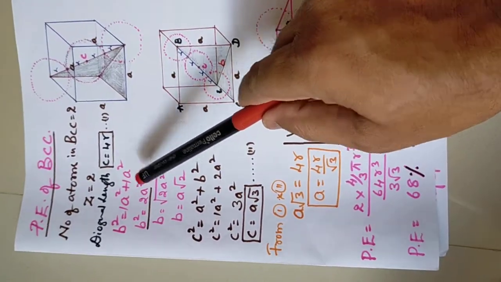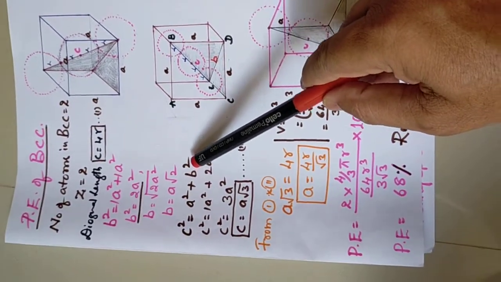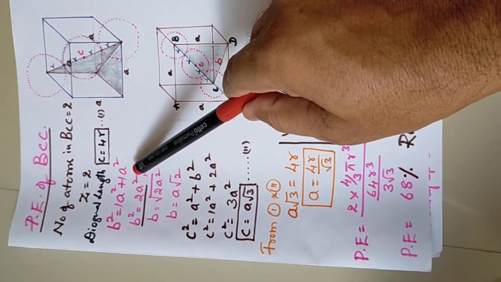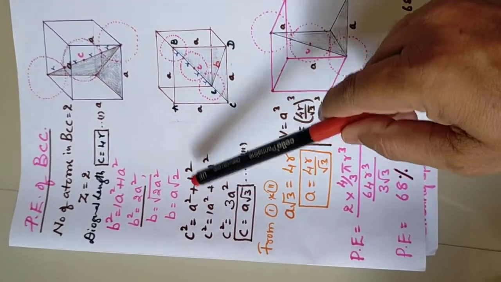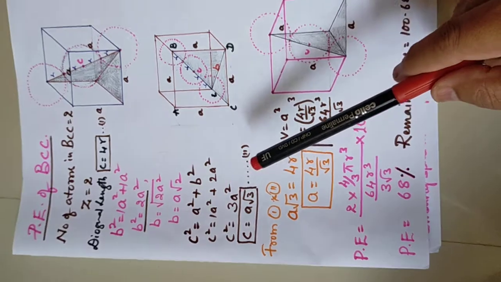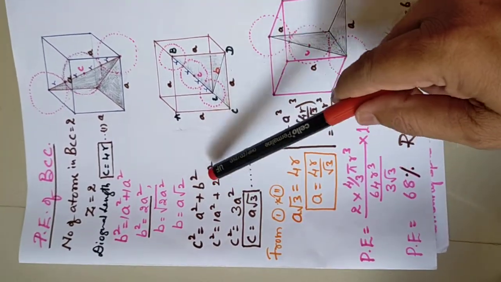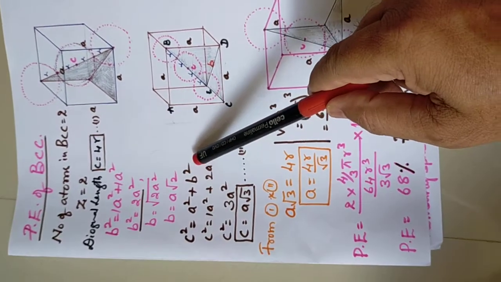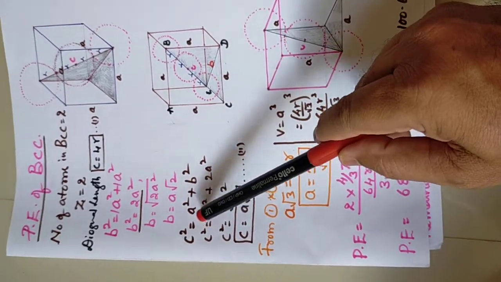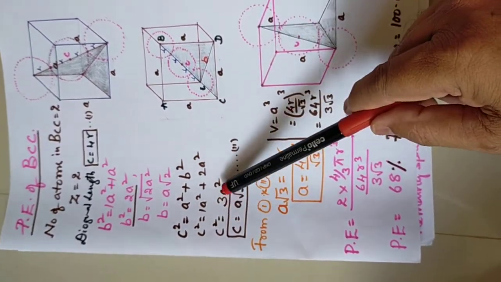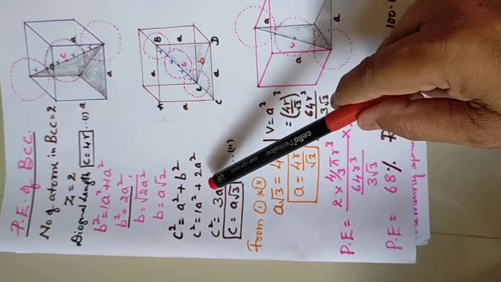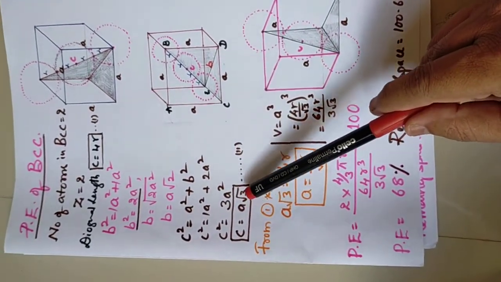First we need the b square, because here we have the values of the b square, and you get the simple form of b square is equal to 2a square. Then by substituting the two values we get the simple values. So c square is equal to a square plus b square. We know the value of b square is equal to 2a square. Substitute here: c square is equal to 1a square plus 2a square, then c square is equal to 3a square. By making the simplification, c is equal to a root 3.